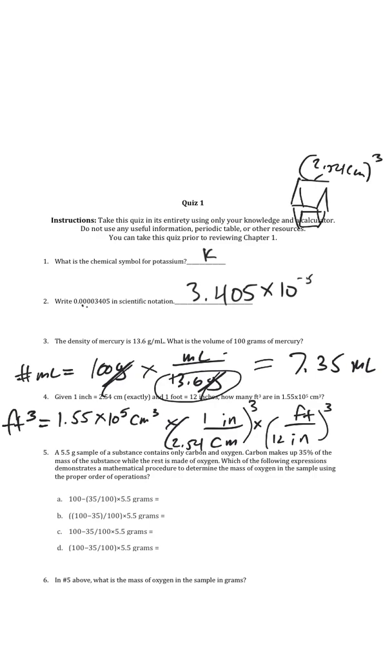That means we need to take 1 inch cubed, so that's just 1 still, inch cubed, 2.54 cubed, centimeters cubed. And so then we need to take 1 foot cubed, 12 cubed, inches cubed. And then when we carry out the arithmetic, we need to make sure we do 1.55 e to the 5 divided by 2.54 caret 3 divided by 12 caret 3. So let me do that math maybe with you as you guys are doing this too. 1.55 times 10 to the 5 divided by 2.54